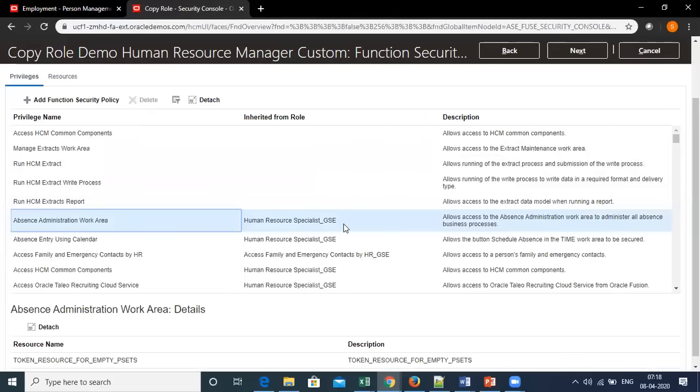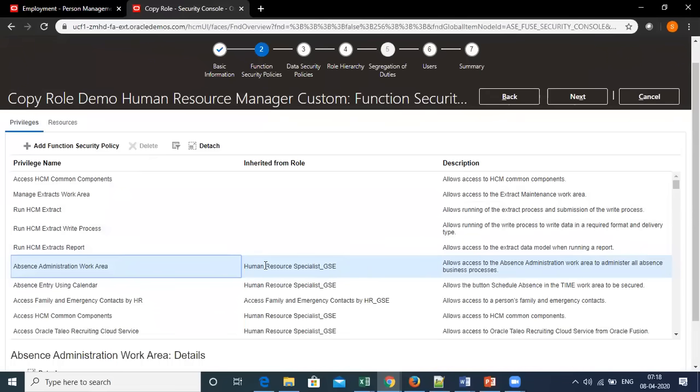Now, here is another point: how did this human resource specialist underscore GSC come up? When we saw only two roles were attached, and that role was human resource specialist. But now I have a human resource specialist underscore GSC. It means that when I said copy top role and inherited role, the system also creates a copy, human resource specialist underscore GSC. This is a copy of our seeded role human resource specialist.